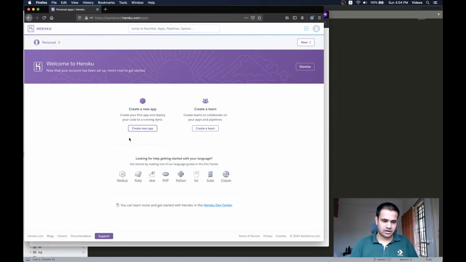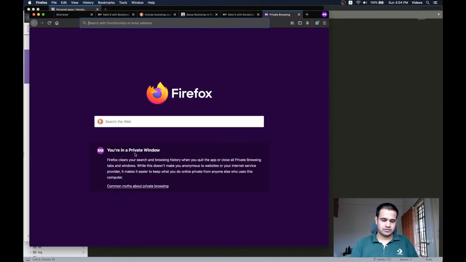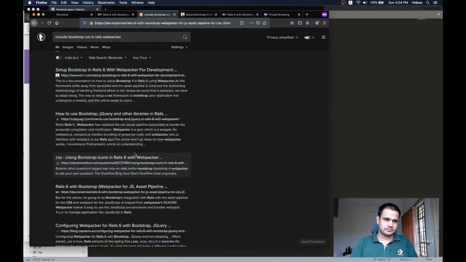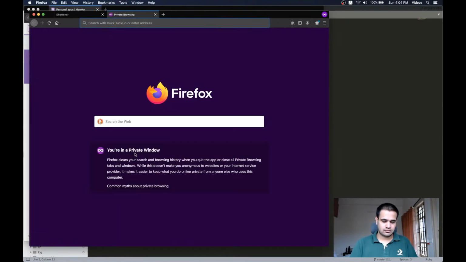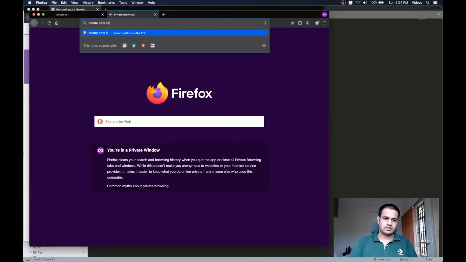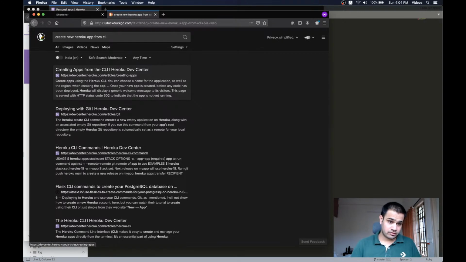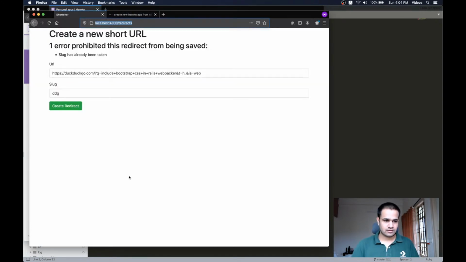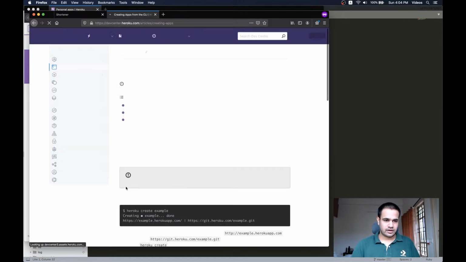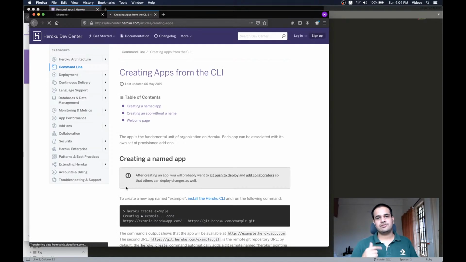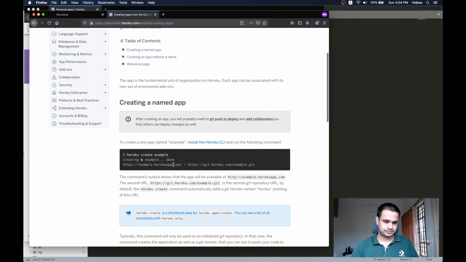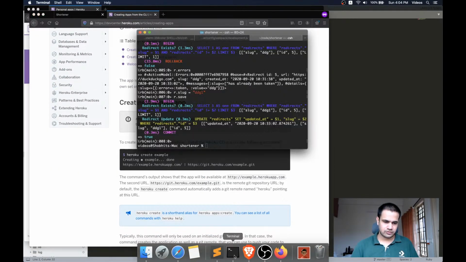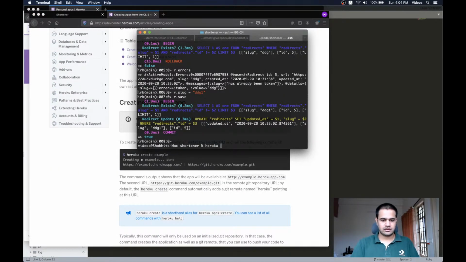To create a new app, I will search how to create a new Heroku app from CLI, because I don't know how that happens. And what I'll do is basically deploy this to that app. It's simple. Heroku create example kind of a thing. Heroku create